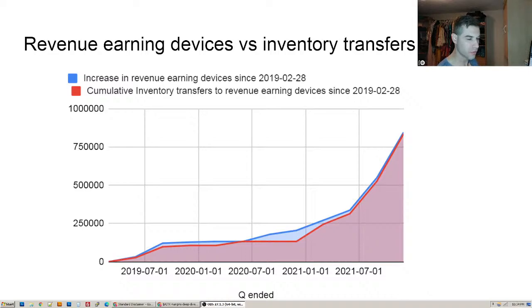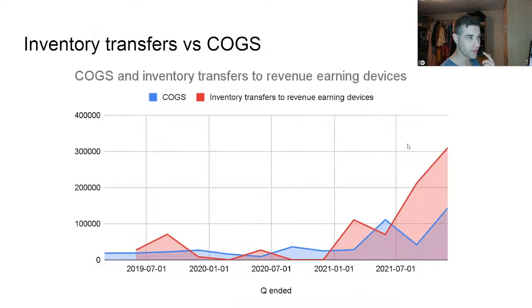But more or less it tracks, and this roughly explains the assets, right, where it seems like they are actually stating the revenue earning devices at the cost of the inventory that it took to put the devices together. So the interesting thing here, if we also then track that, how much inventory did the company transfer to revenue earning devices each quarter